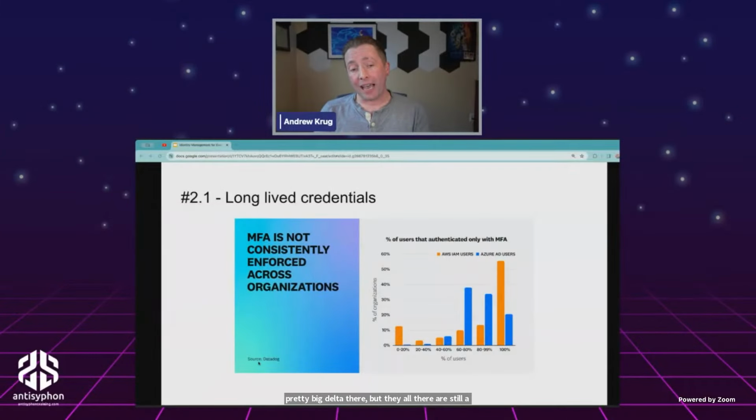The corollary fact to that, of course, is that if we are going to have long-lived credentials, we want to have MFA consistently enforced for their usage. If somebody puts one of those things where they don't belong, we don't want a threat actor to be able to leverage that without the second factor to do stuff. But what we really see is that when people do apply MFA, they don't apply it very consistently. So in the majority of cases, we're still not really using MFA for 100% of accounts. And we talked about this a little bit on the BHS News on Monday, how there's not really a good reason anymore not to consistently enforce MFA.